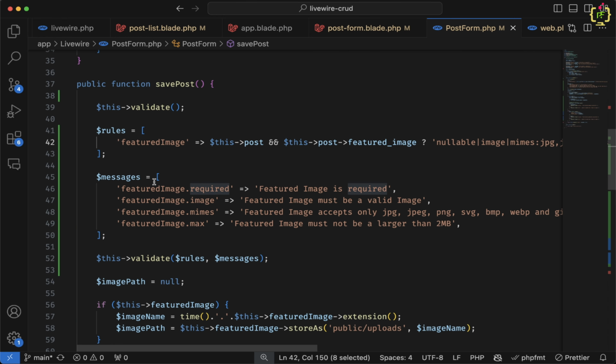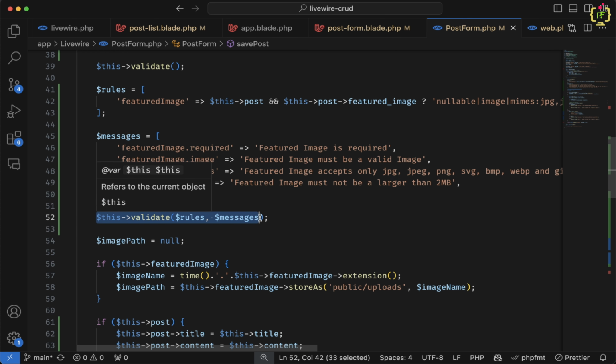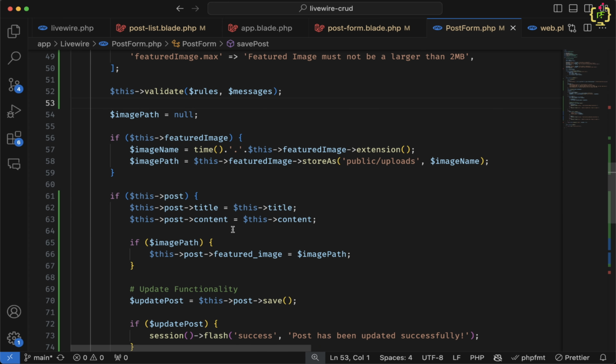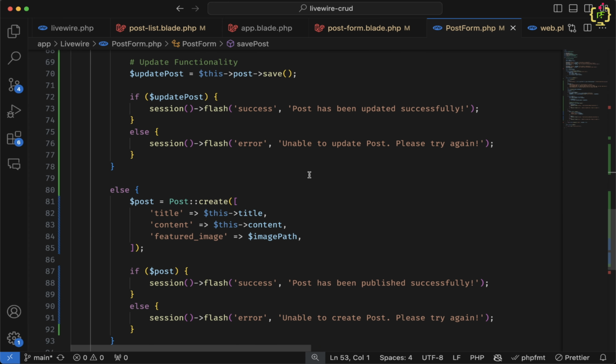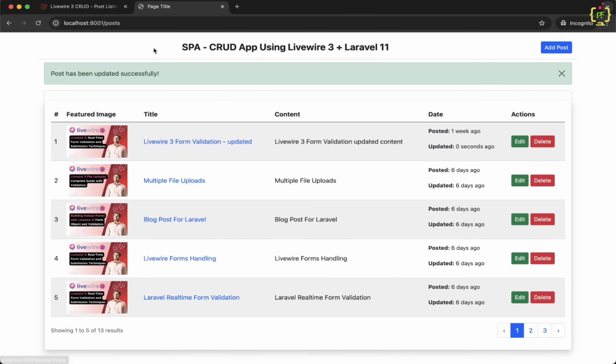Alright, and thereafter I have customized the error messages for this featured image, and I have validated that rule here. Okay, this is done. All good. Alright, let's save and come to the browser. Let's refresh now. Now let's try to update the post here. Let's click on update. Yes, we can see it said post has been updated successfully, and we have the updated